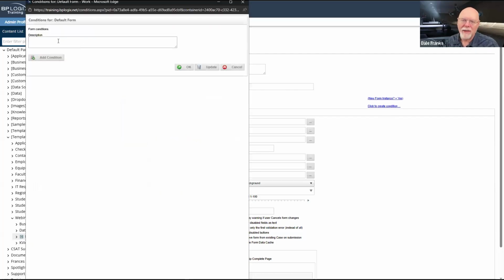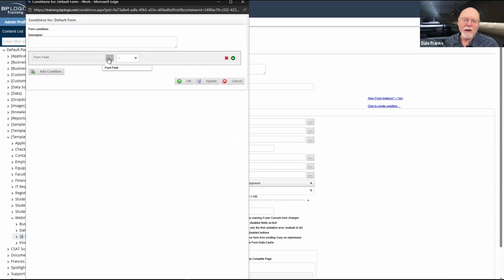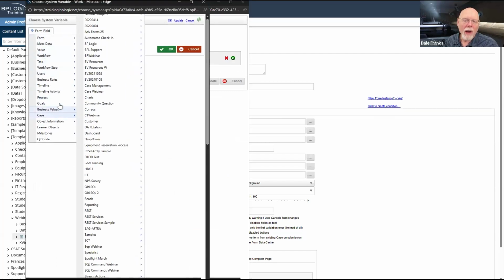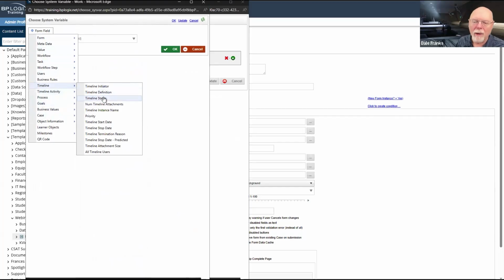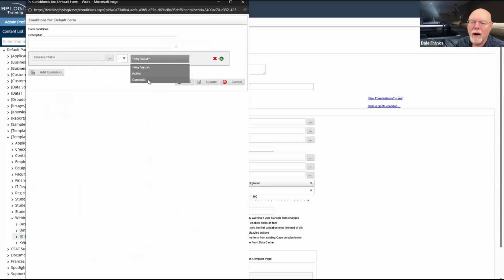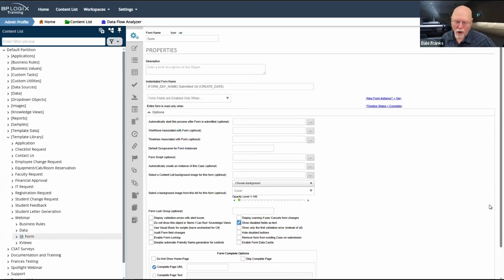We will add a condition, and in this case, we'll go to our timeline, and our timeline status equals complete. And that way, once the timeline completes, the form will no longer be editable, irrespective of whether the controls are enabled or not. So that will help preserve our form. And fine, so we're done with our form for now.